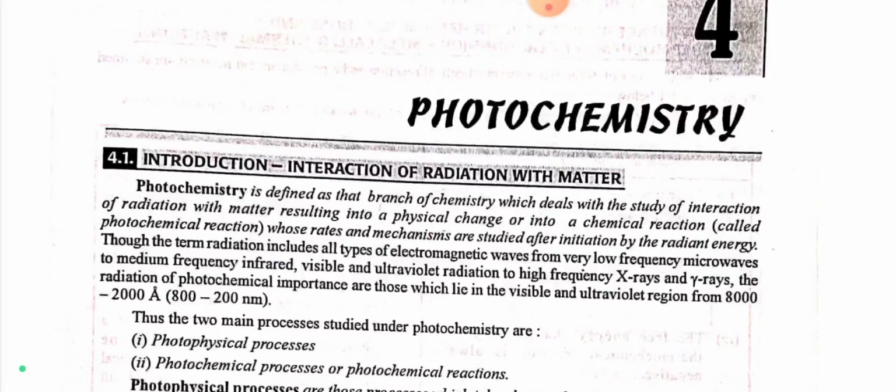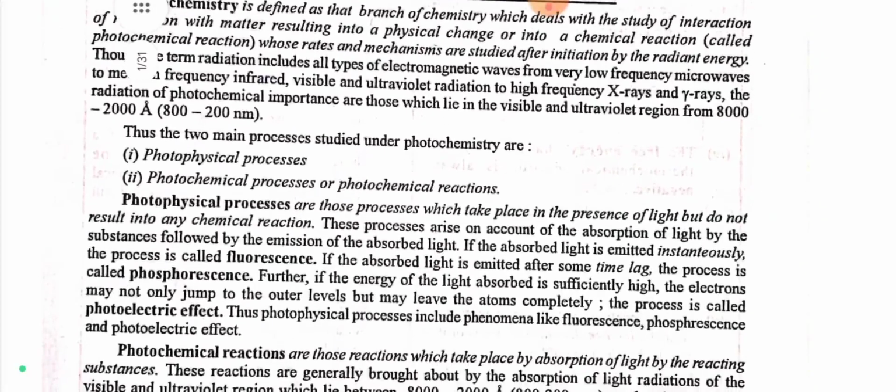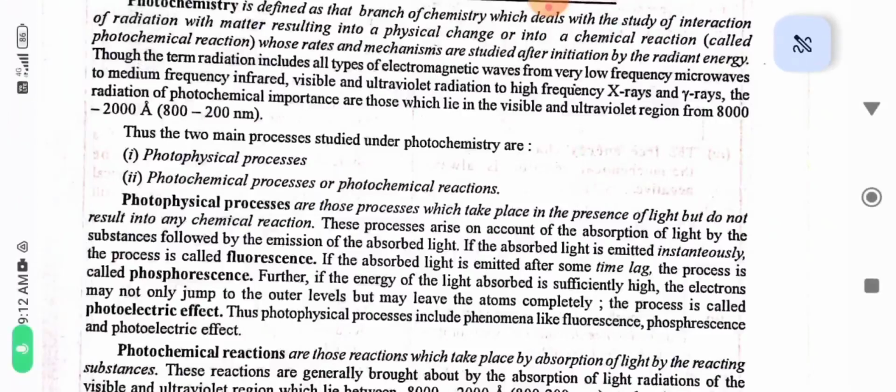The radiation of photochemical importance are those which lie in the visible and ultraviolet region, from 8000 to 2000 Angstrom, 800 to 200 nanometer. Thus, the two main processes studied under photochemistry are first, photophysical processes, second, photochemical processes or photochemical reactions. Photophysical processes are those processes which take place in the presence of light but do not result into